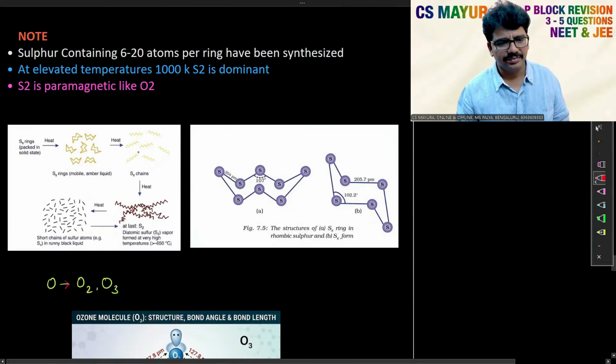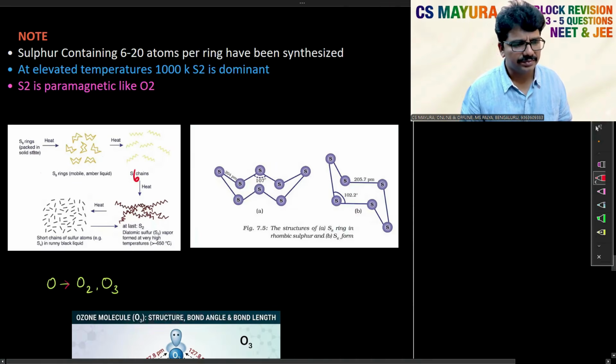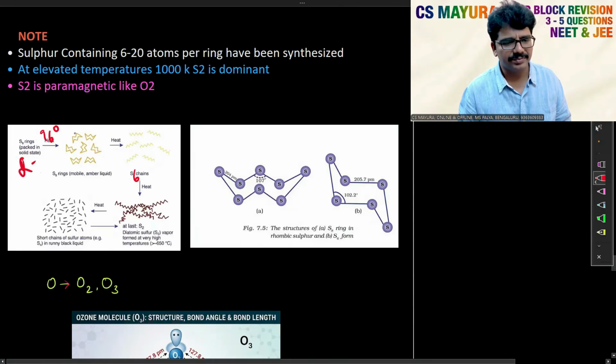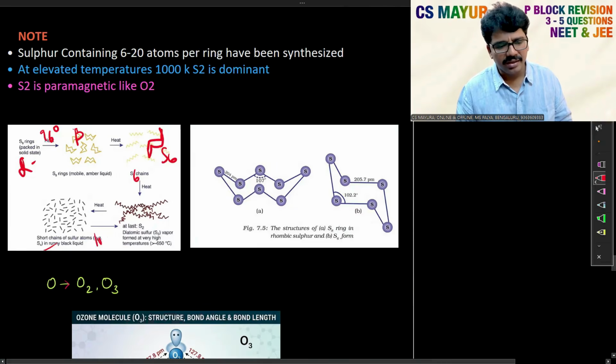you will get chair form. Actually, here we should have S6. When S8, suppose for example, this is alpha sulfur heated at 96 degrees Celsius, we will get beta sulfur above 96 degrees, and still heating this, we will get S6, we will get chair form, and S6 is converted into S4 on heating, and finally above 1000 kelvins temperature, we